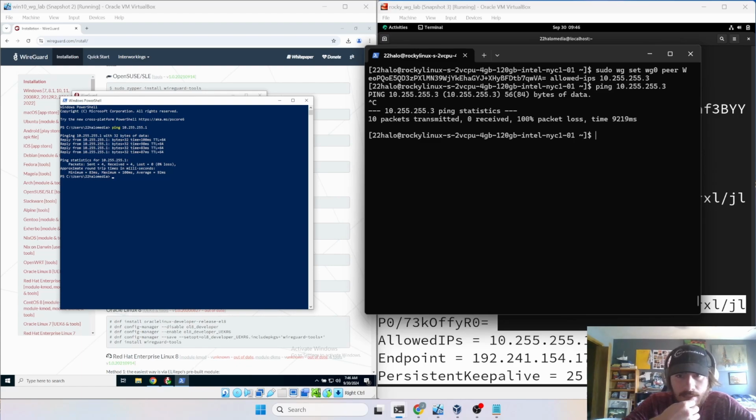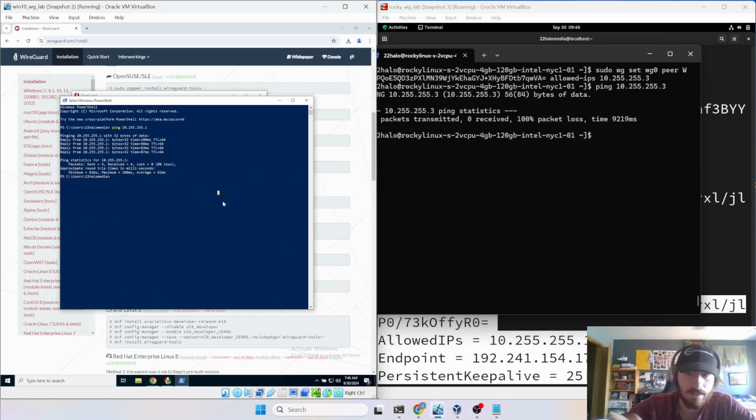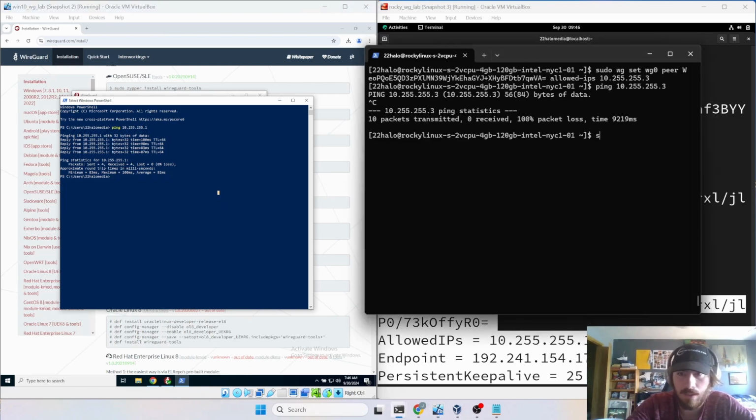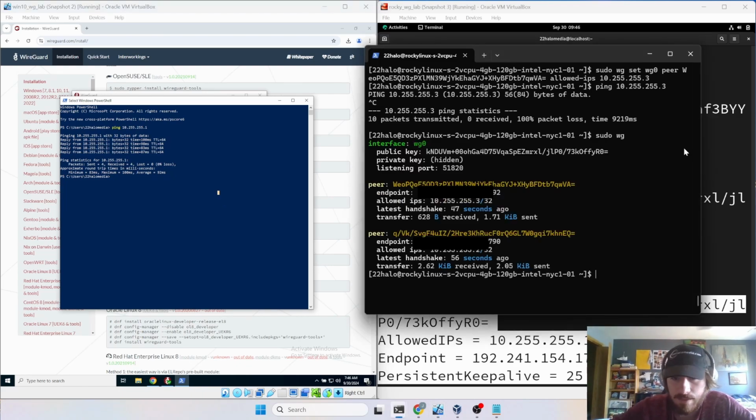It said that there's some packet loss. Oh, I think that's because ICMP is probably turned off by default for the Windows host. The transfer is working. You can see here that if I go to WG, it is showing that transfer, and there was a handshake very, very recent